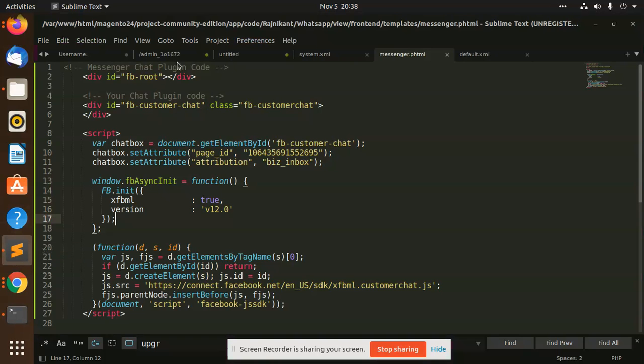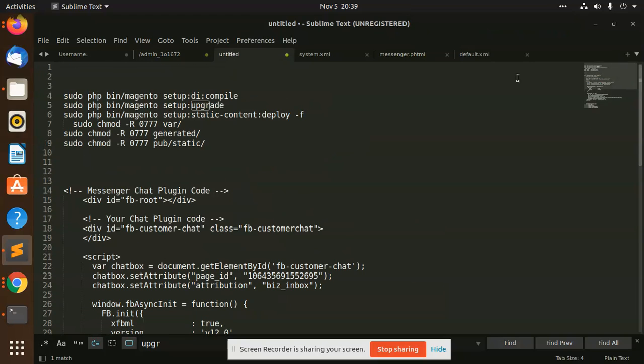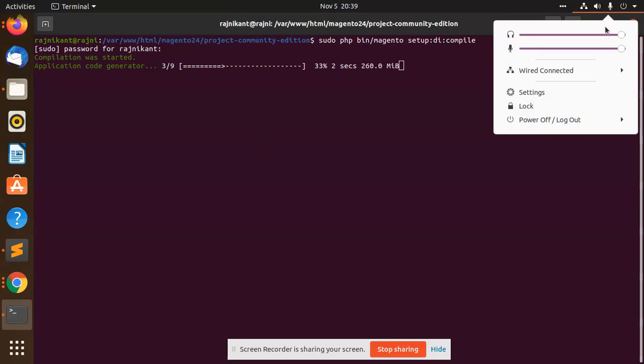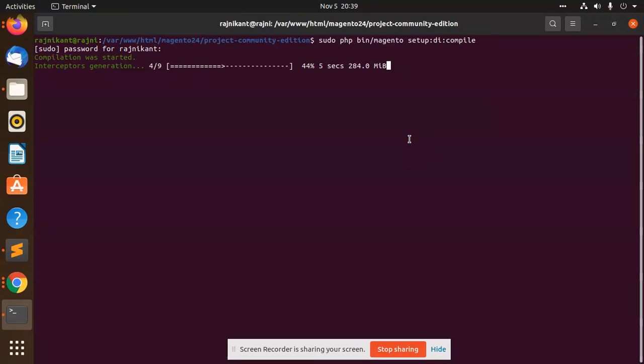So what is the first command over here? That is compile. Let's compile the code. This is done.